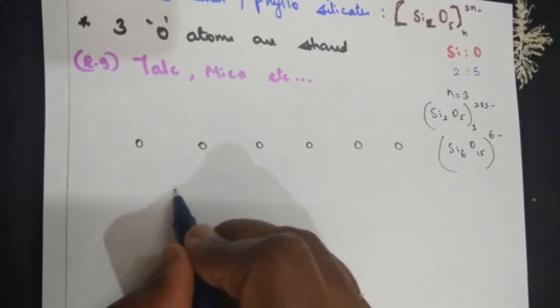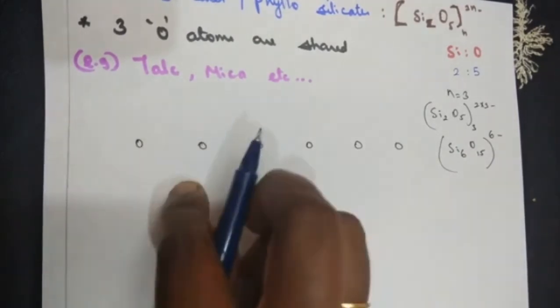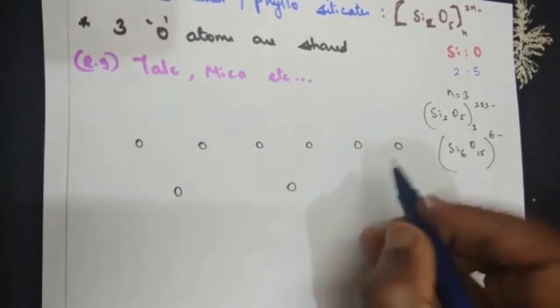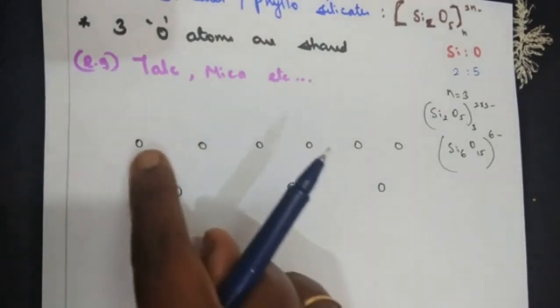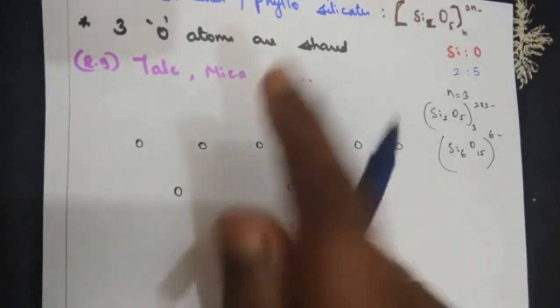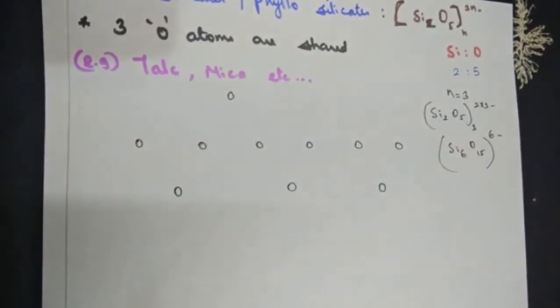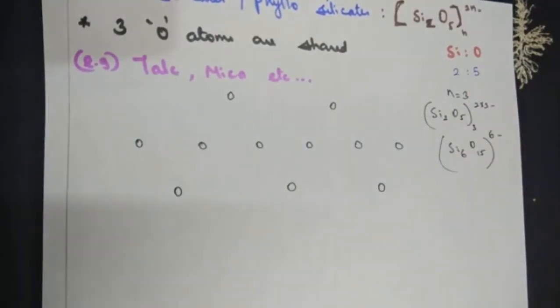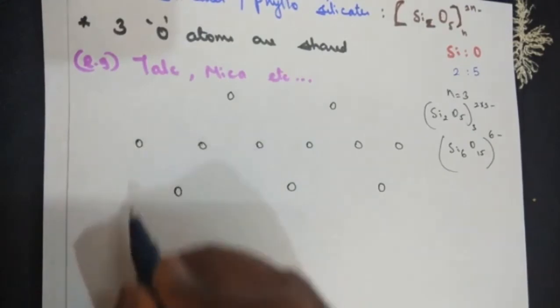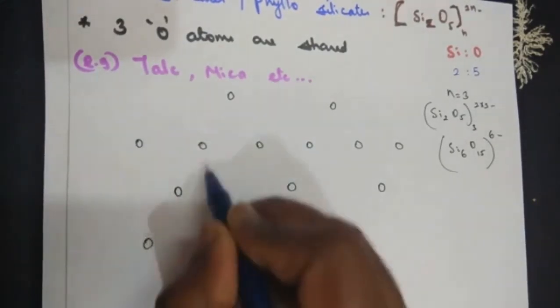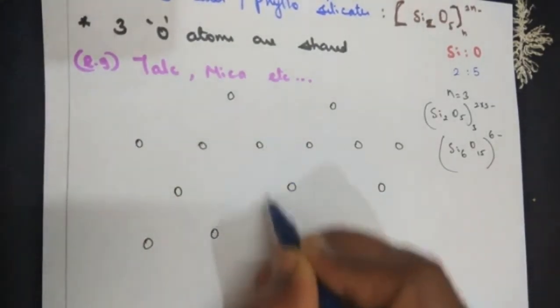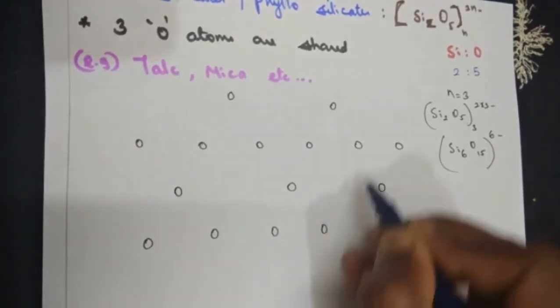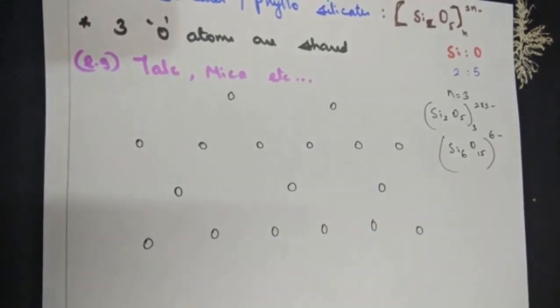As you have learnt for the cyclic structure, in between these 2 pair and here, 1. Now leave the first pair, between 2 and 3, 1 oxygen atom on top. Repeat the second line as it is. So 1 unit here, 1 unit here, 1 you've got, 1 here, 1 here and 1 here.